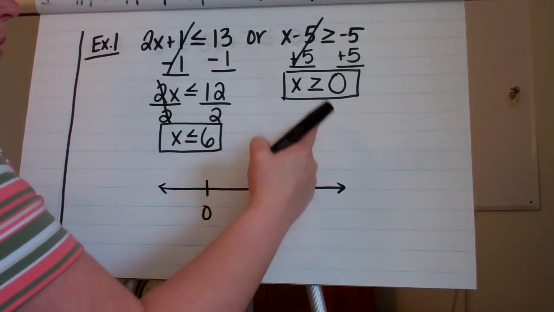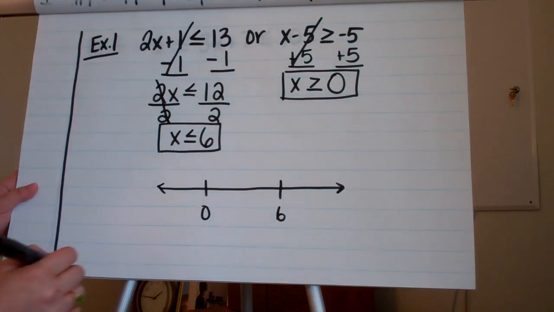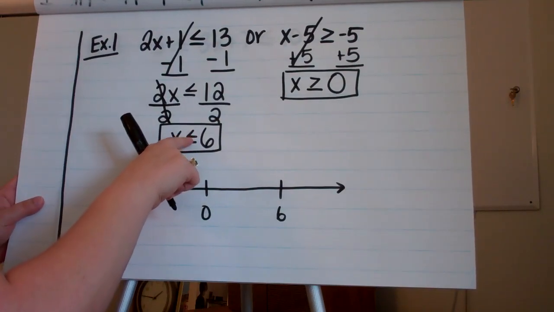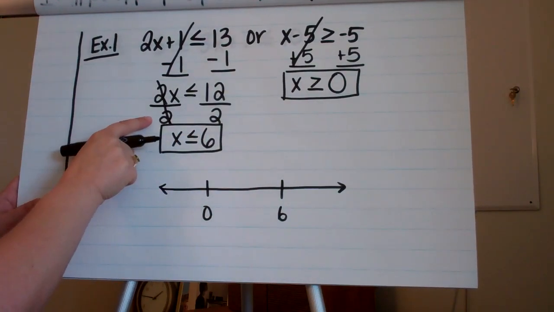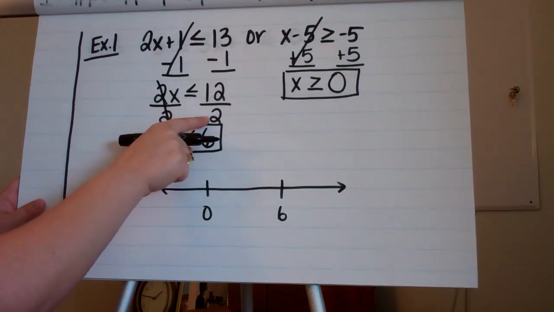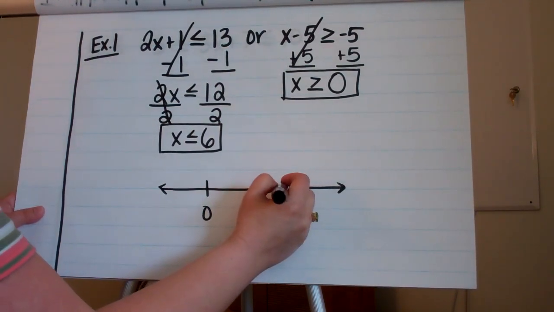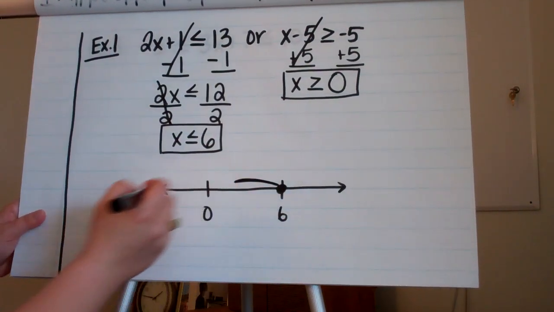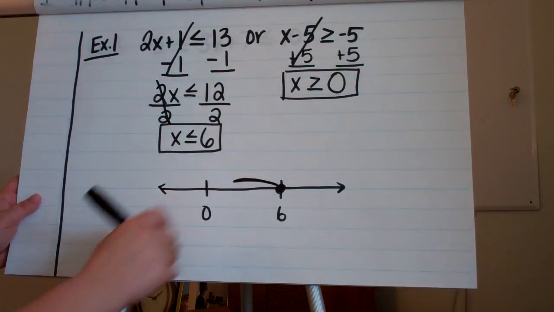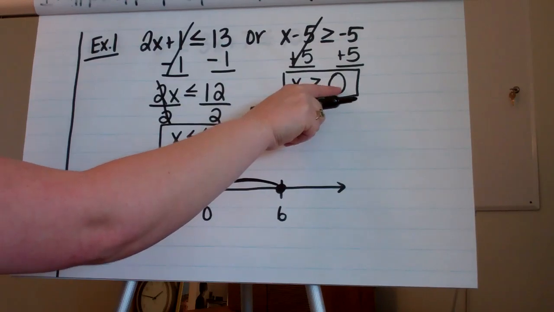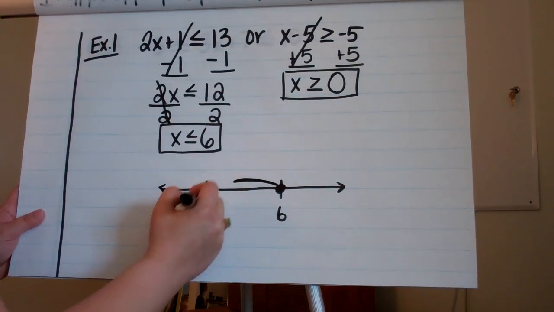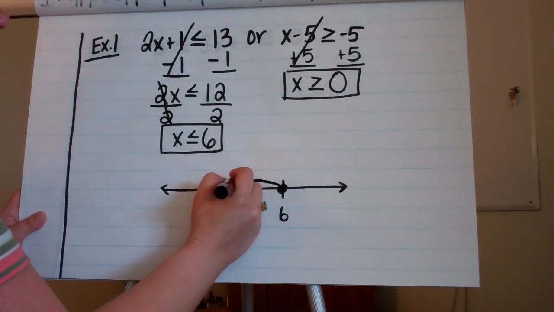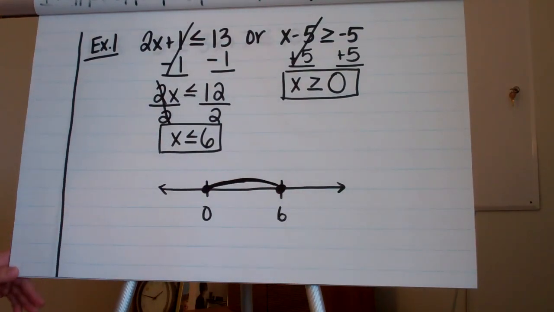Here's 0, and here's 6, okay? So it says x is less than or equal to 6, and I did not need to flip my inequality sign because I am dividing by a positive number. So that's a closed circle, and less than or equal would be this direction, and I'm going to hold off on putting an arrow just for now. This says x is greater than or equal to 0, so that's another closed circle right at 0. And greater than would be shaded to the right,